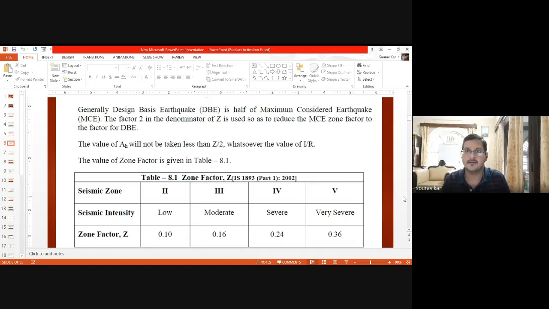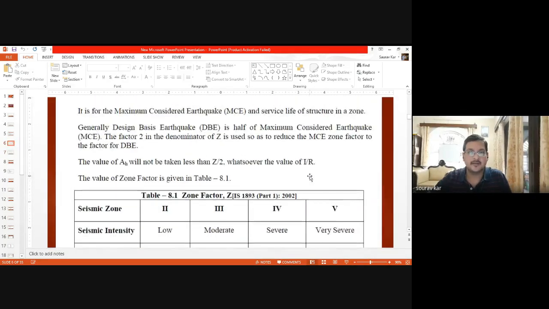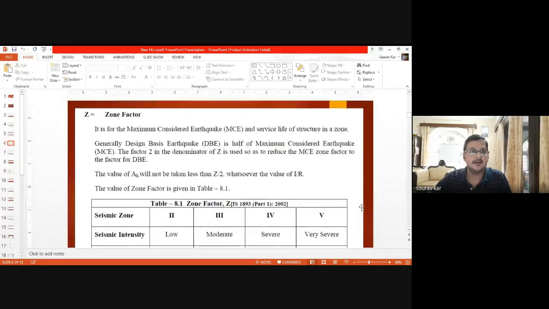Anything you give, the database will automatically take the zone factor. Just like in the last page, Annexure G of IS 1893, for various cities in India, the zone factor and the seismic zone are mentioned. The same thing is written in STAAD.Pro also.